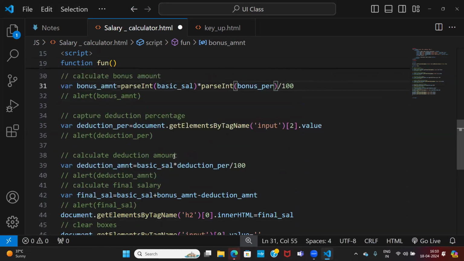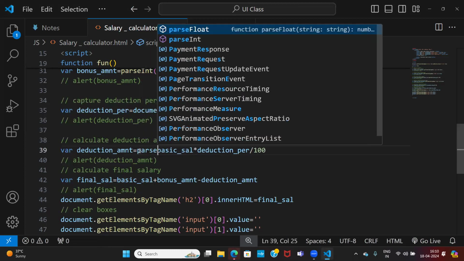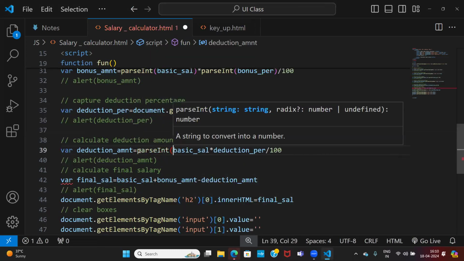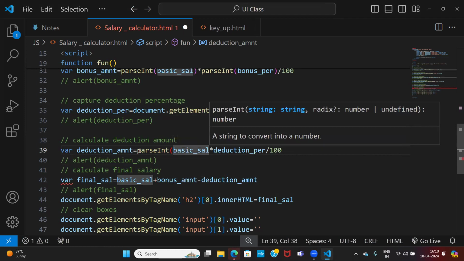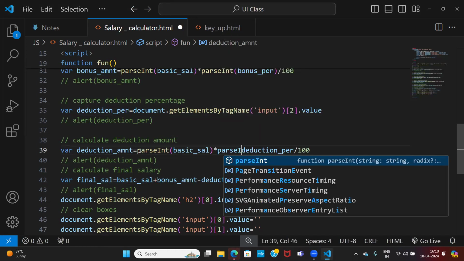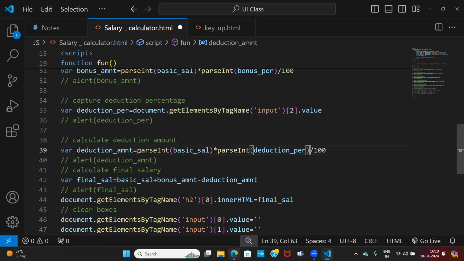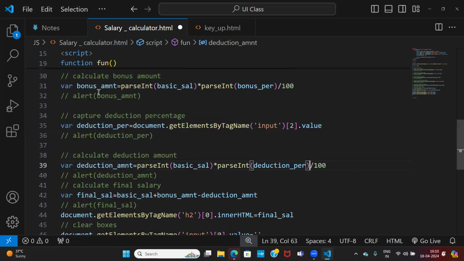And here also this percentage. Here this string is percent of reduction percentage. And